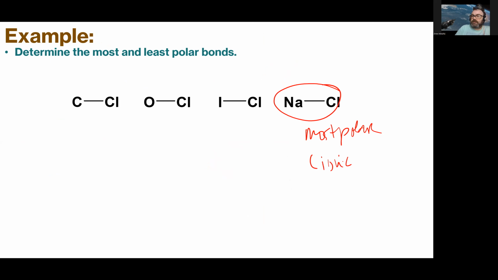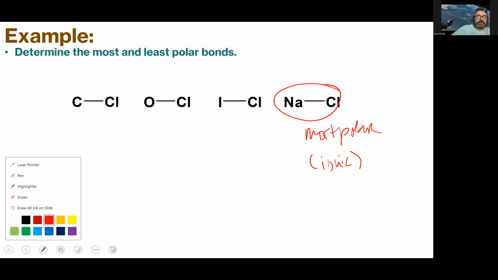And so that's something I want us to get into the habit of thinking of. In our bonding continuum, we say ionic, but if we're ranking things that are polar, it's the most polar situation. You literally have two separate charges, okay? In the least polar situation,